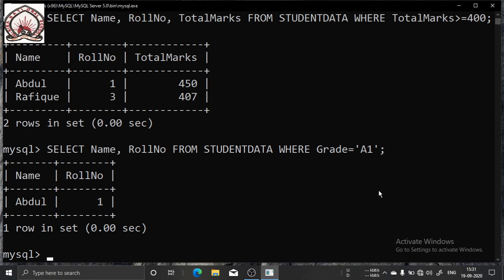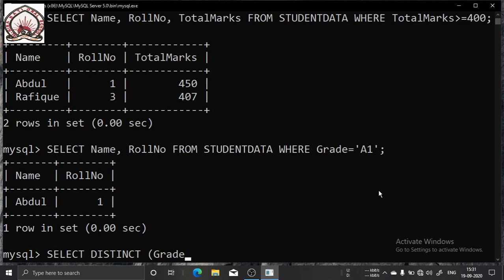I am showing you another one, the distinct one, the last one. We can also use the distinct keyword if we want to see the distinct values. Suppose I want to see how many distinct values of grade there are.